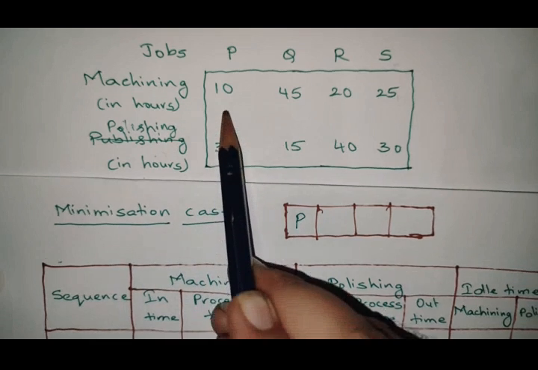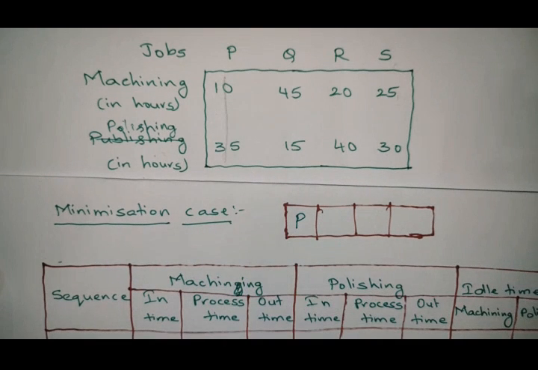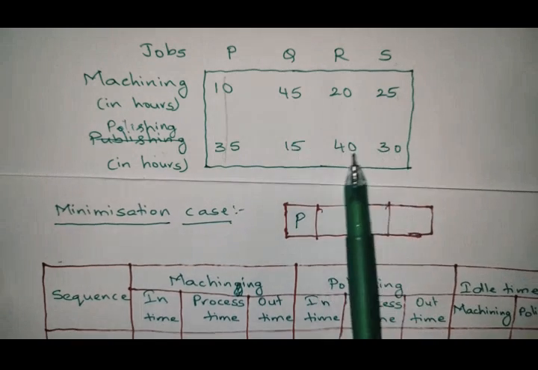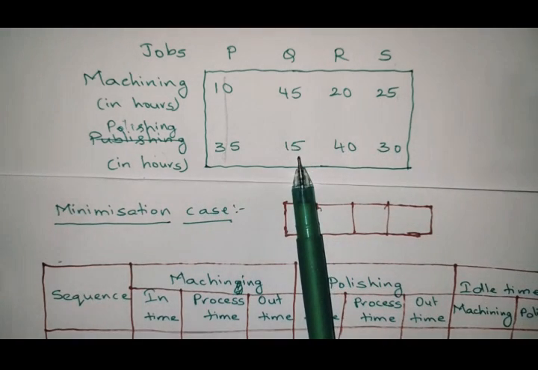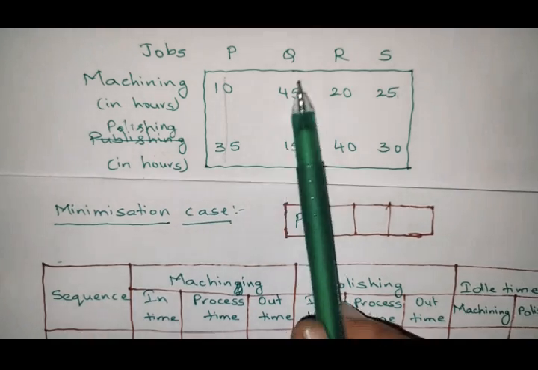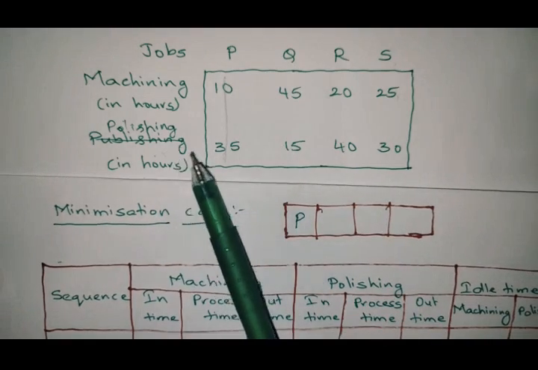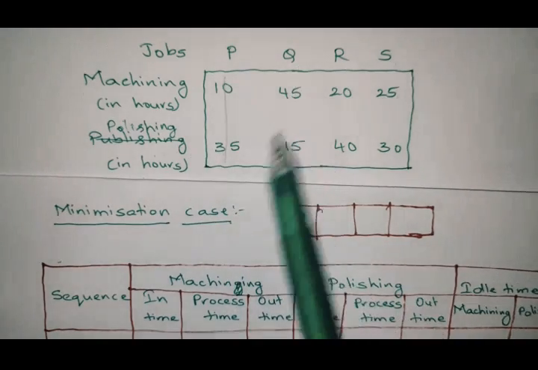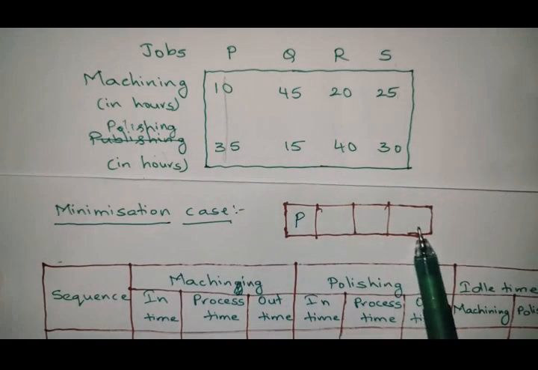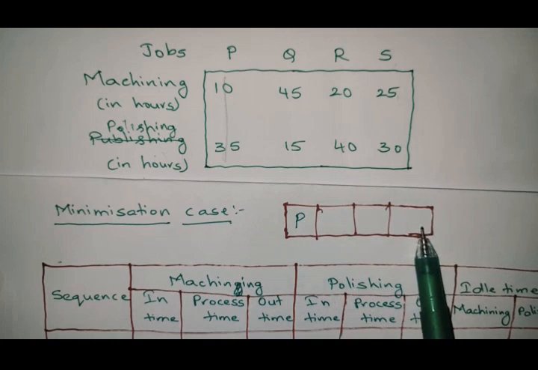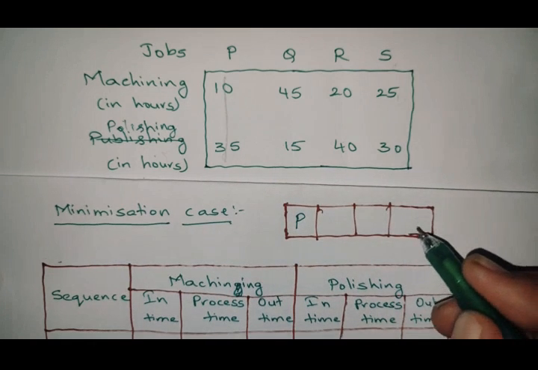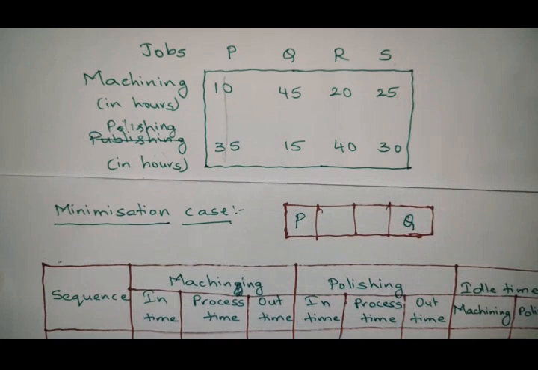P now, and then what is the next minimum value in the remaining 6 time estimates? The minimum value is 15, that is corresponding to the job Q and which is present on the second process. So that's why write Q on the right side of the remaining grids. So in these three grids, the right side is this one. So that's why I am writing Q here. So now strike off Q